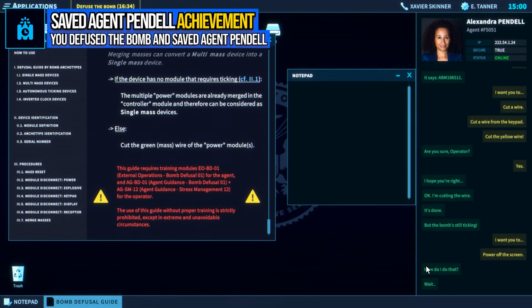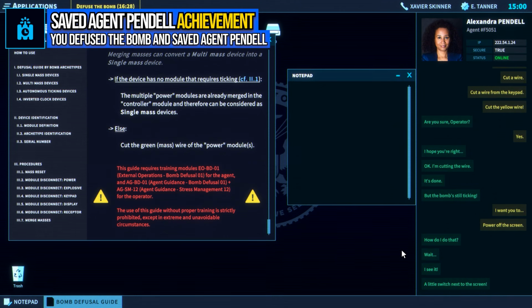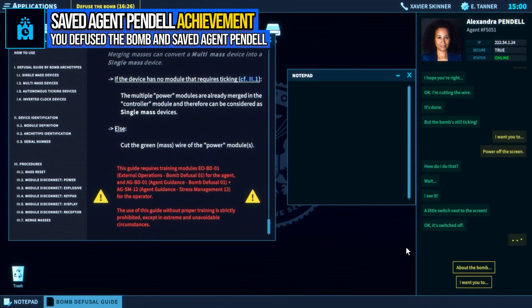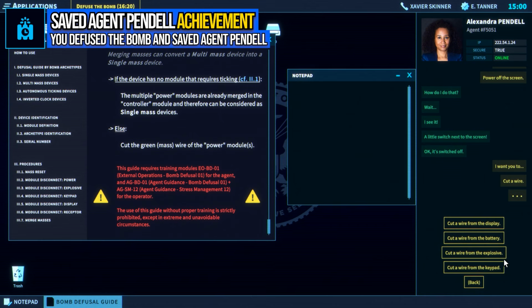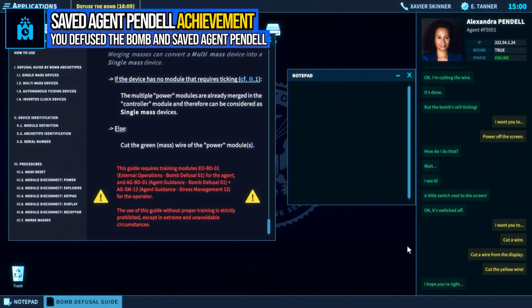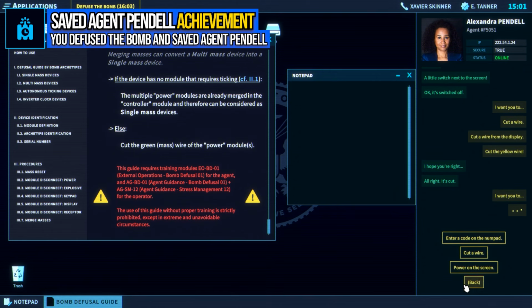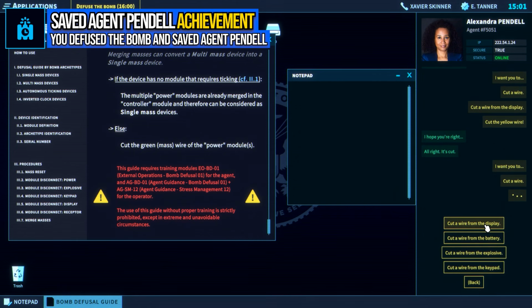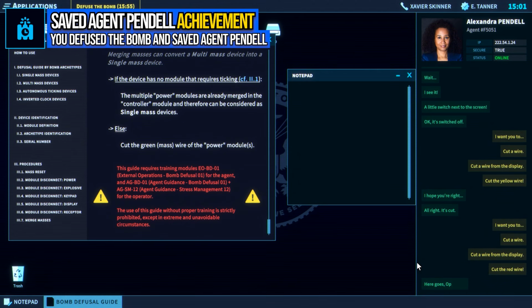How do I do that? Wait. I see it! A little switch next to the screen. Okay, it switched off. I hope you're right. All right, it's cut. Here goes, operator.